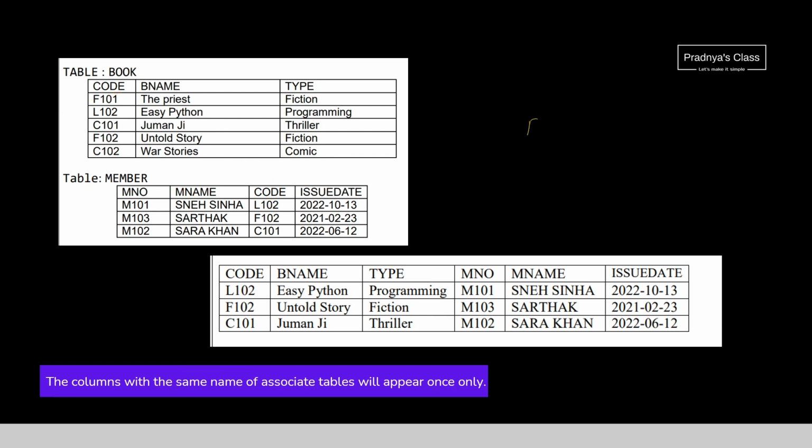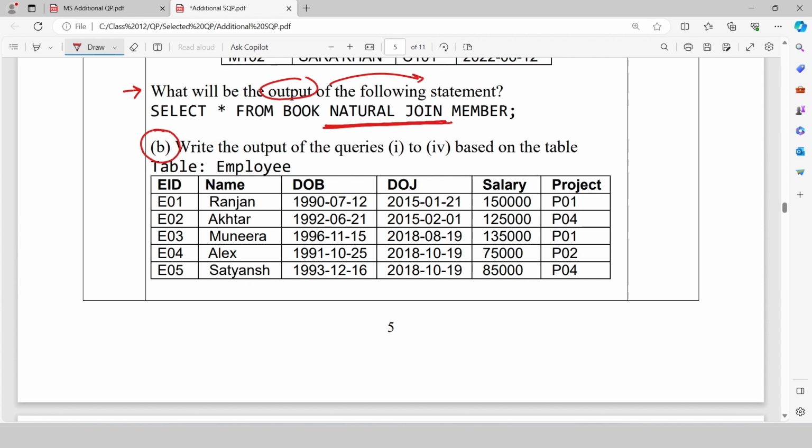Now we got an idea about fields. What about records? Do we have any doubts? No, right? It's a join and we will be getting common records. There are a total of 3 common records in the tables, so we will be getting all those 3 records. Proceeding to part B of the same question.